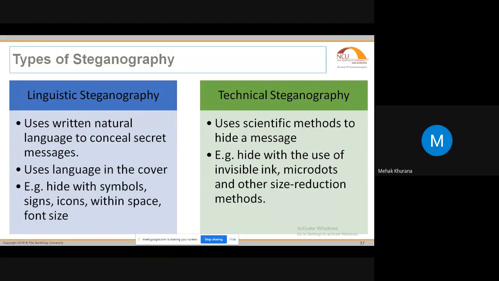We are going to study technical steganography. Technical steganography includes different technical techniques which help us to hide the data inside different covers. With the help of invisible ink and microdots, these were also methods which were able to hide data in the earlier stage. But now the technology has improved. We cannot use these methods, as they are very old-fashioned and everybody will be able to find out what exactly we are doing. So we need such algorithms that nobody is able to find out that we are hiding the data. So we are going into technical steganography because technically we are going to hide the data.